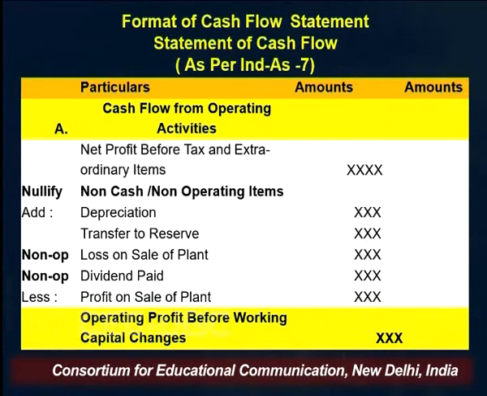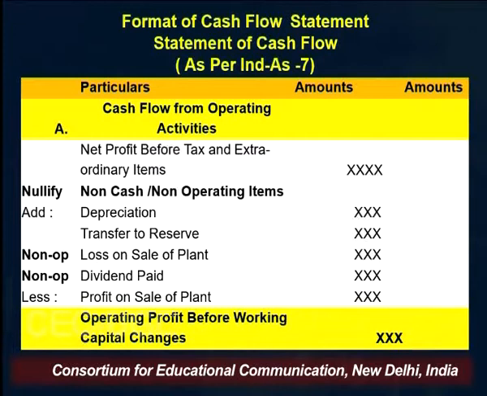So we basically start with net profit before tax and extraordinary items, and then we have to nullify the impact of non-cash, non-operating items. So I told you non-cash items like depreciation, transfer to reserve, and non-operating items like loss on sale of plant, dividend paid, which belong to the remaining two activities, that is investing and financing activities. After making this adjustment, what we get is denoted as operating profit before working capital changes, which means that we have taken care of non-cash and non-operating items, but we are yet to take care of the adjustments regarding